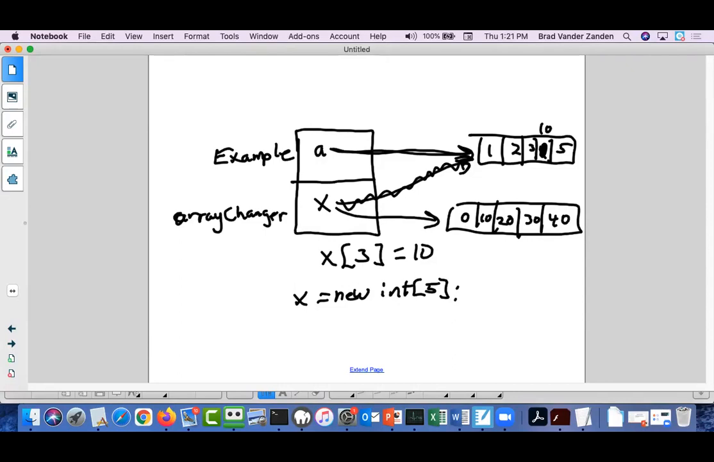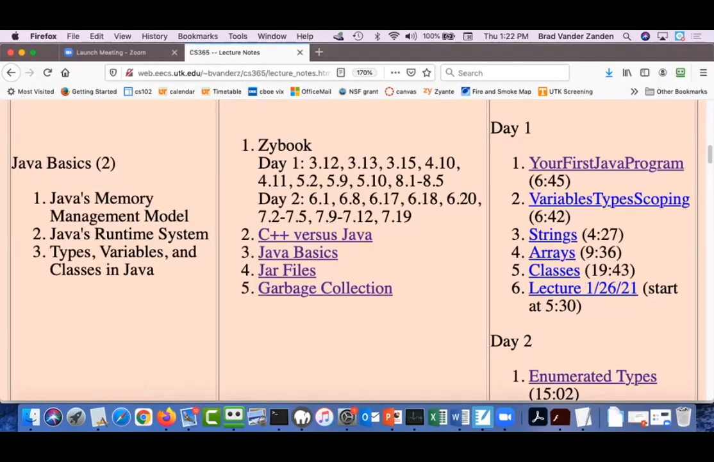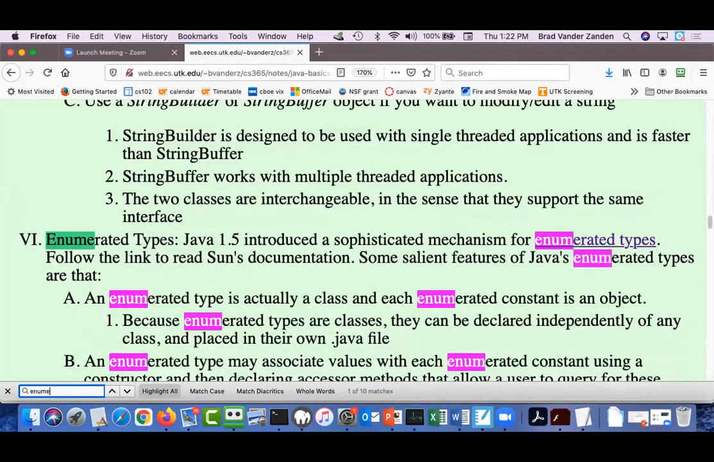Okay, so, good with that? Okay, so let's start with enumeration types as the first thing to talk about today. And for that, I'm going to go back to